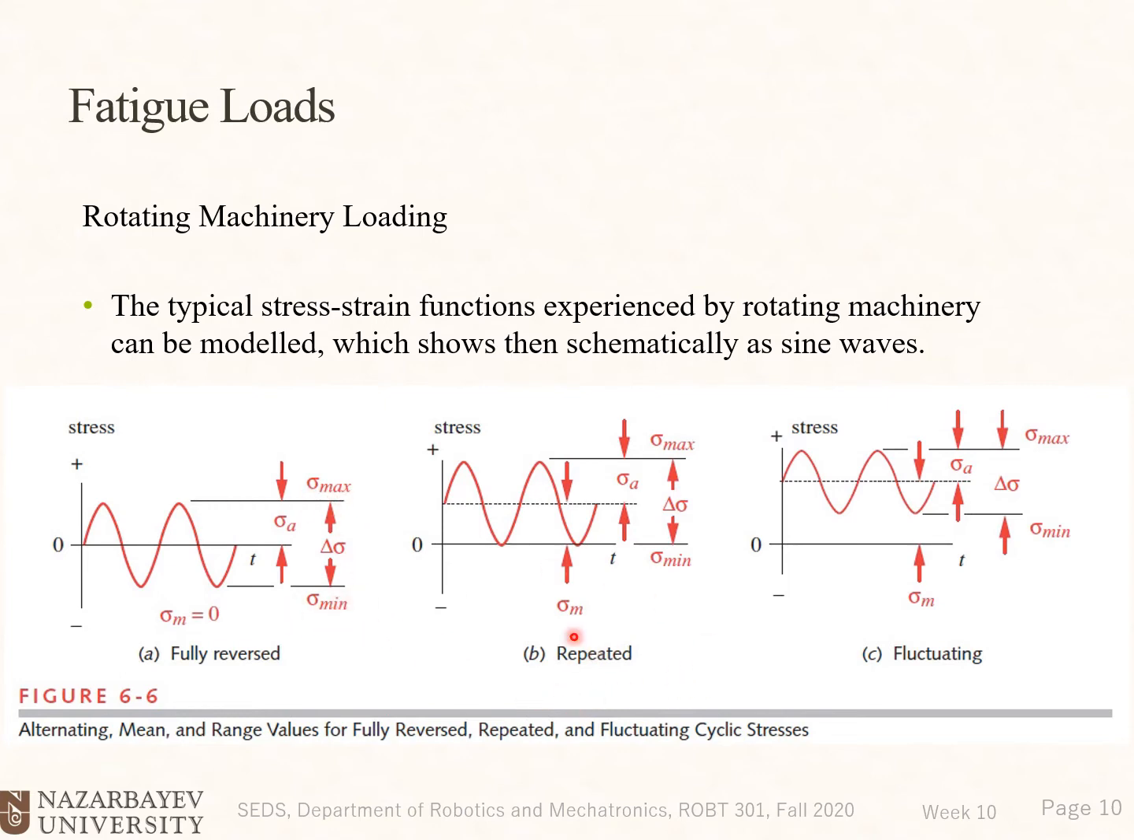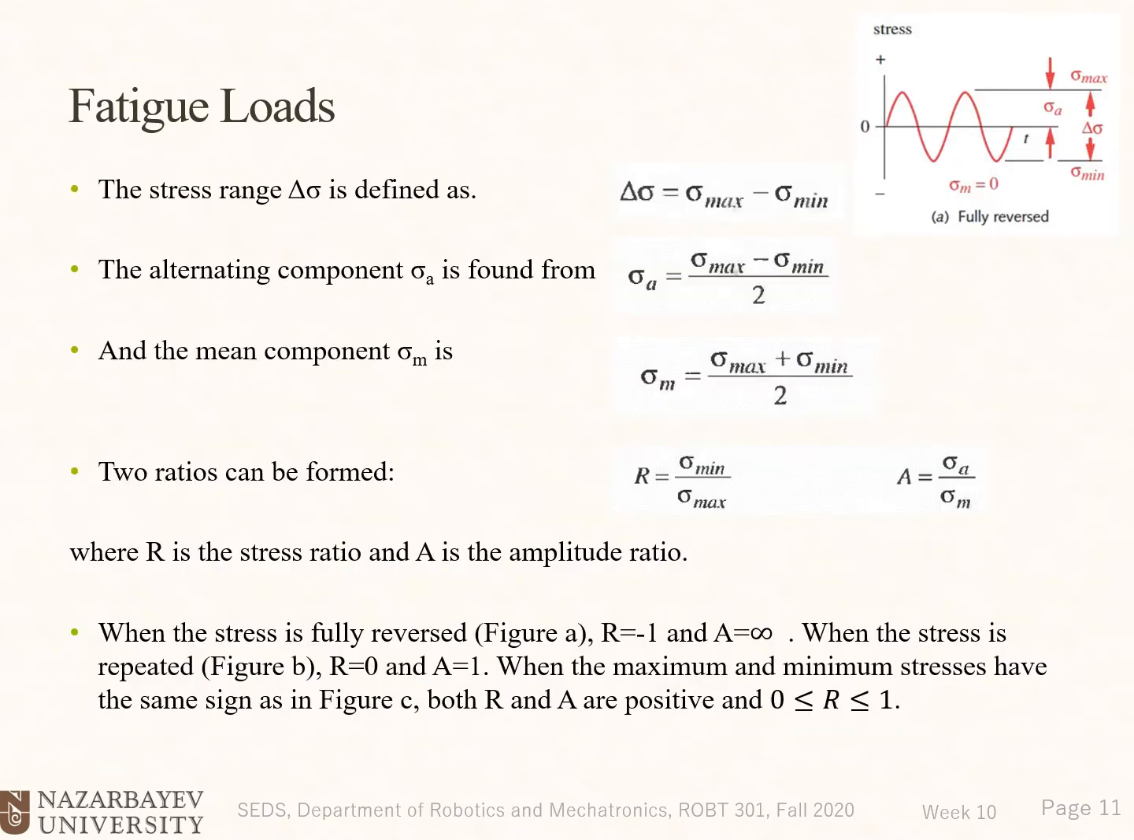We have the repeated one, the same sinusoidal but shifted up or down, so the minimum value or the maximum value is 0. And we have the fluctuating one, where the whole sinusoidal is either in the positive or negative territory. So the stress range delta sigma is defined as sigma maximum minus sigma minimum. I'm just showing you here a fully reversed one, but if you are willing to review the other ones, then